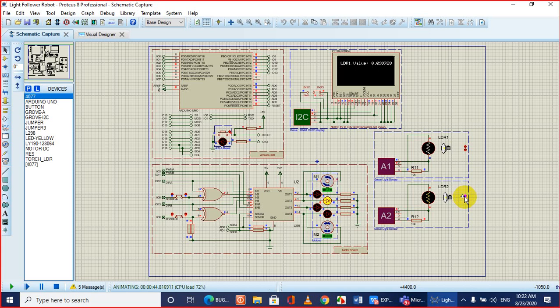I think in this simulation, these two LDRs somehow are not working properly. You see, they are almost the same distance, but LDR 1 is still showing a very low value. LDR 2 is showing a very high value. So this LDR 2 is working properly and LDR 1 is not working properly. So let's see how to fix it.